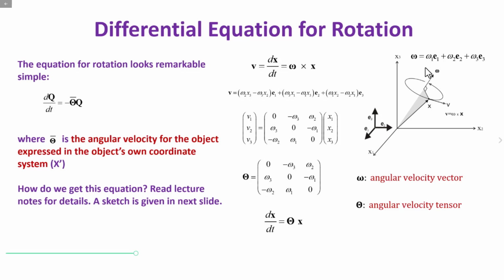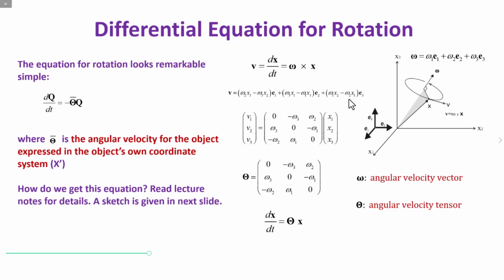A rigid object rotates, and the rotation is described by an angular velocity. It has a rotation axis, which is the orientation of the angular velocity vector. The magnitude of the angular velocity defines the angular speed of the rotation. The linear velocity at any point of the rigid object is related to the position of that point and the angular velocity. So mathematically, it's the angular velocity cross product the position of that point. When this relationship is expanded, it looks like this.